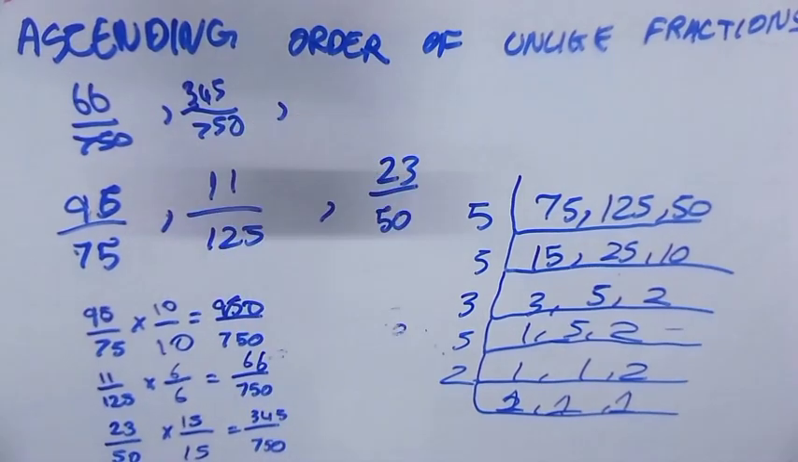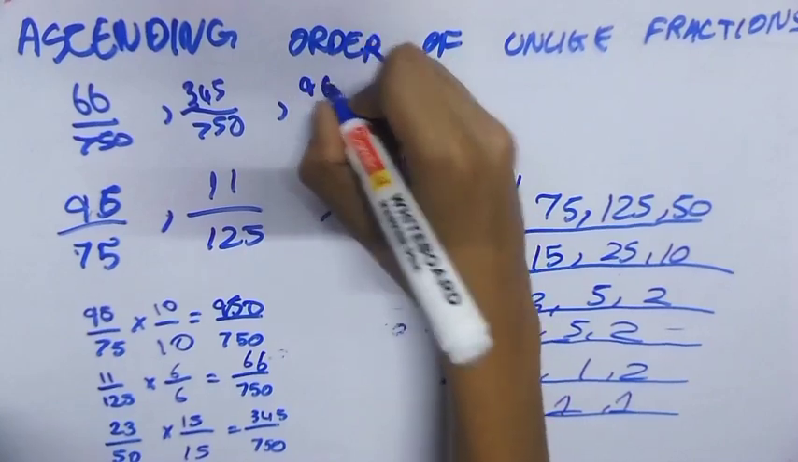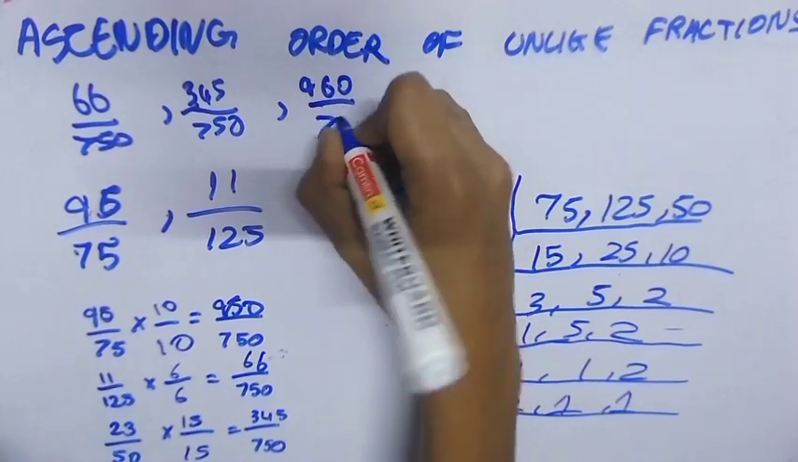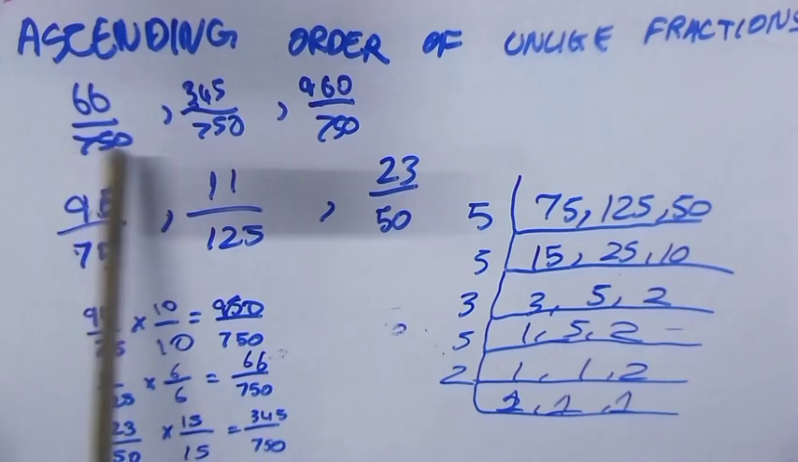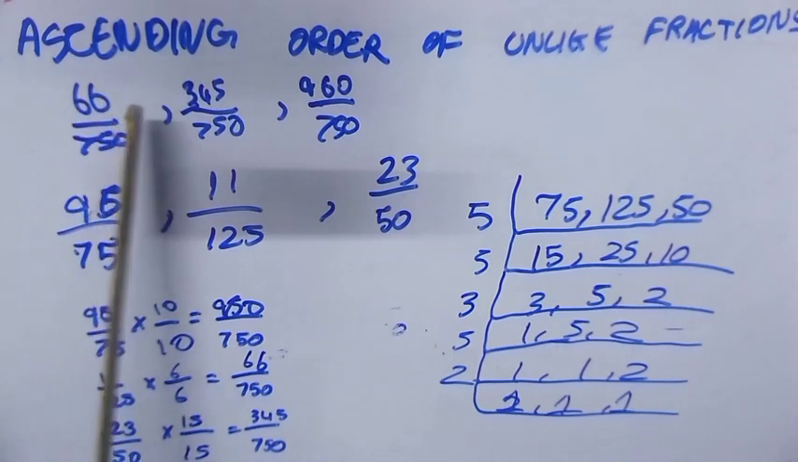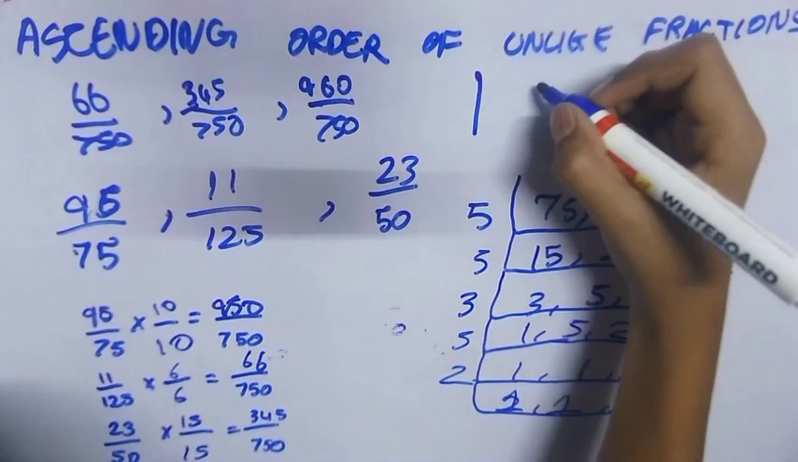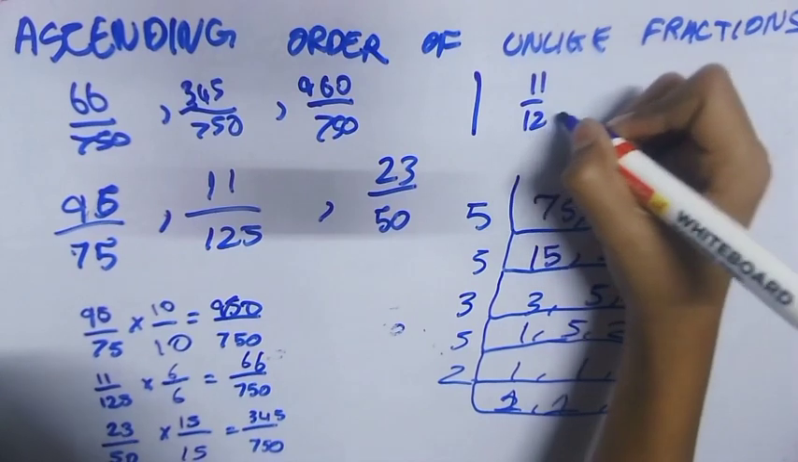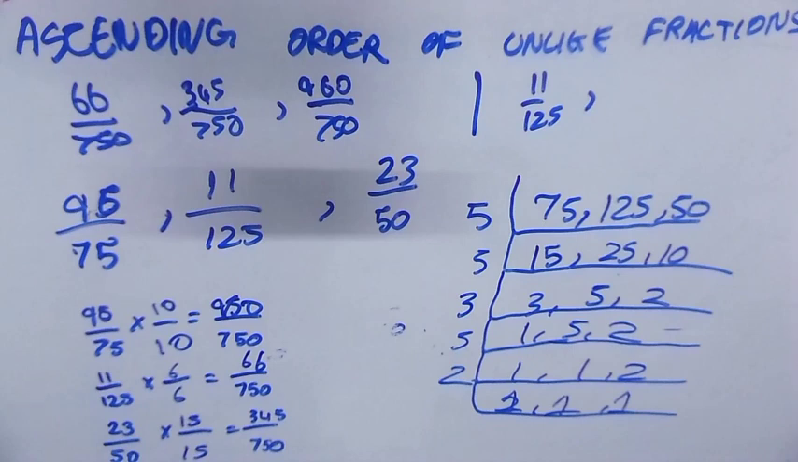And then the largest fraction is 960 by 750, which is also written. Now you can't just leave it like that. Which is 66 by 750? It is 11 by 125. So I write it as 11 by 125 is the smallest fraction, and the next largest fraction would be